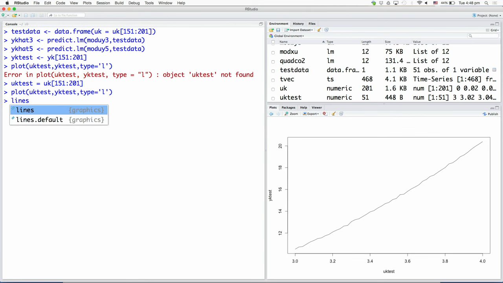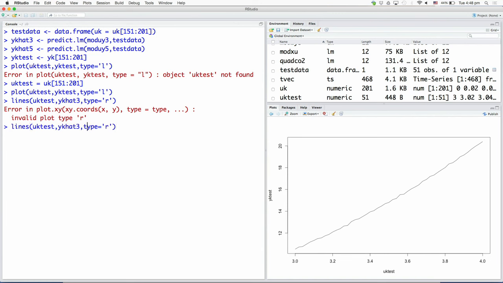We can use here lines and say uk test, yk hat 3, and we can use a red color to see how the plot is. Sorry, okay, perhaps I can just make this.